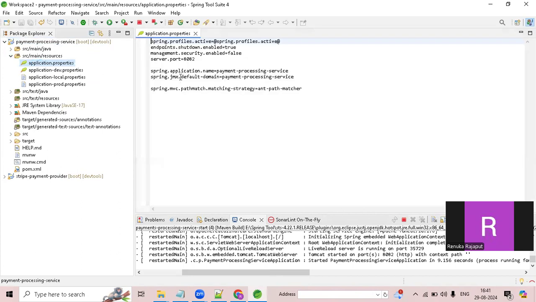Here the syntax is server.port=8082. That is the reason it is running on port 8082. If we want to change it, we will write server.port equal to another value. We can change it to any port. So it is running successfully. So next,